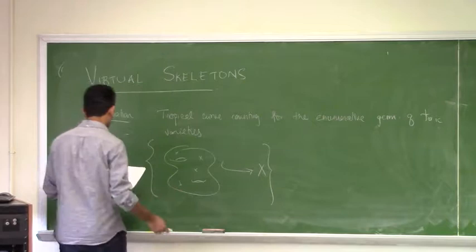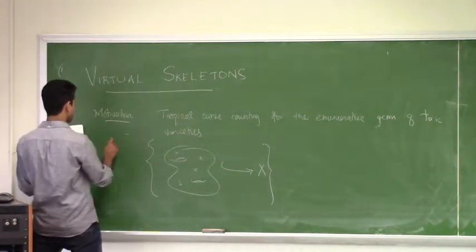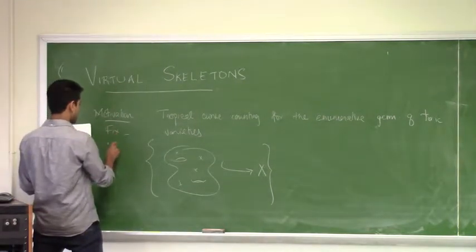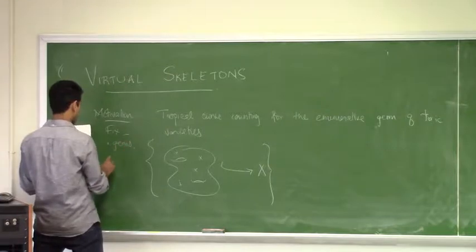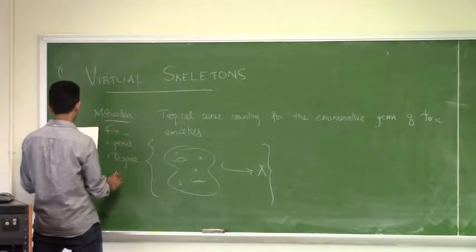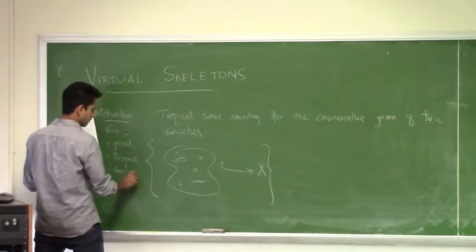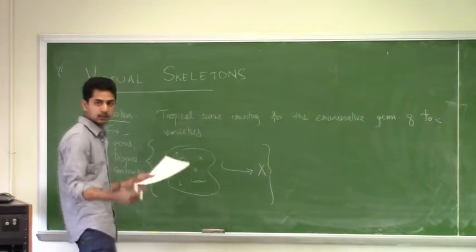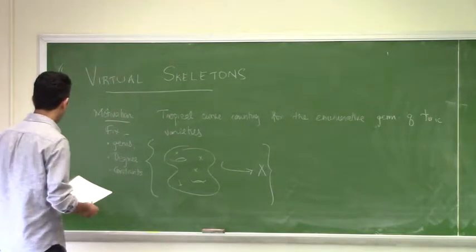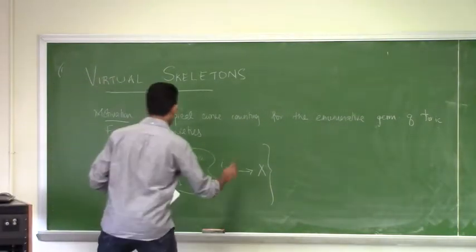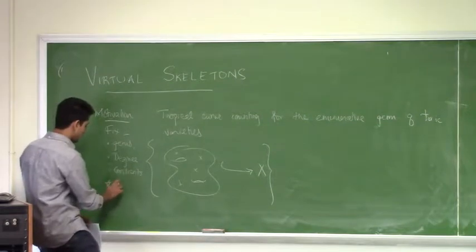And I want these to satisfy some fixed numerical conditions. So I want to fix the genus. I want to fix the degree, the cohomology class. And I want to fix some geometric constraints, so passing through points, tangency to lines, so on and so forth. And the new one, which I'll just put a little star here, is contact conditions,